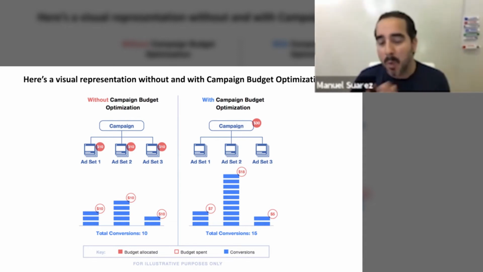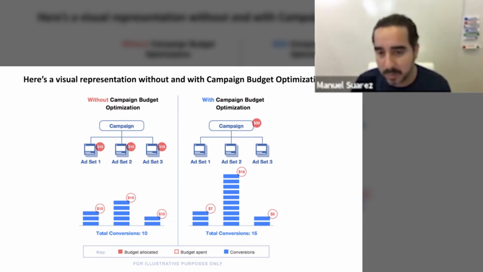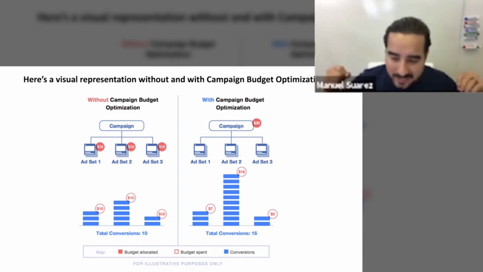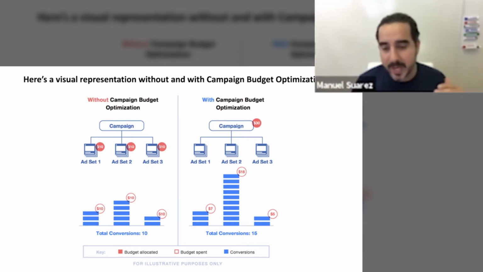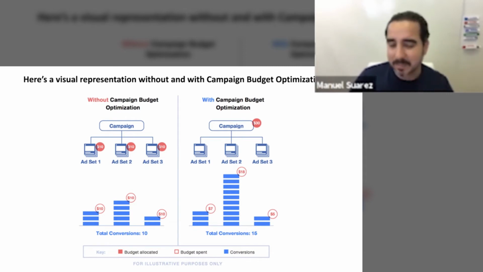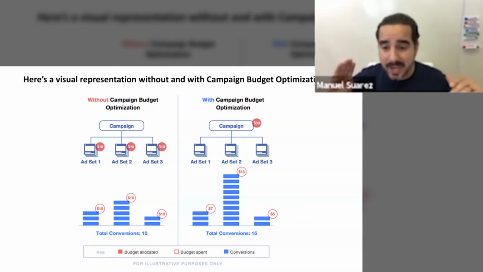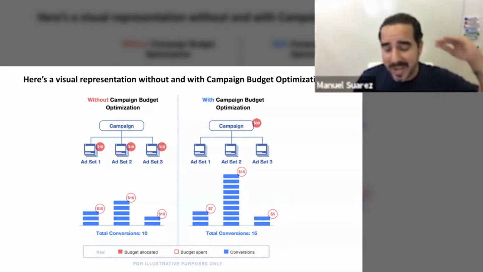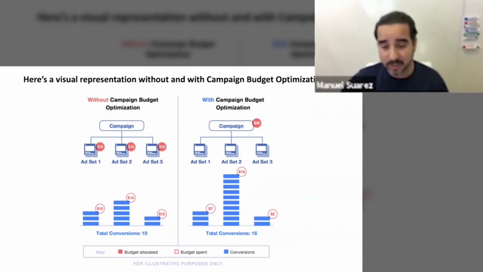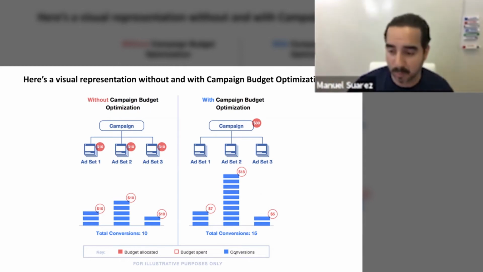This is the example with CBO on the right side of your screen right now. Campaign, ad set 1, 2, and 3, the campaign starts spending money, and then it realizes that that first ad set and that third ad set are not getting as much results. So it starts spending the money on the middle ad set. So now you get 1, 2, 3, 4, 5, 6, 7, 8. You get 10 conversions on that middle ad set, and on the other ones, you get 3 and then you get 2, but then Facebook continues to optimize towards the one that's performing the best.